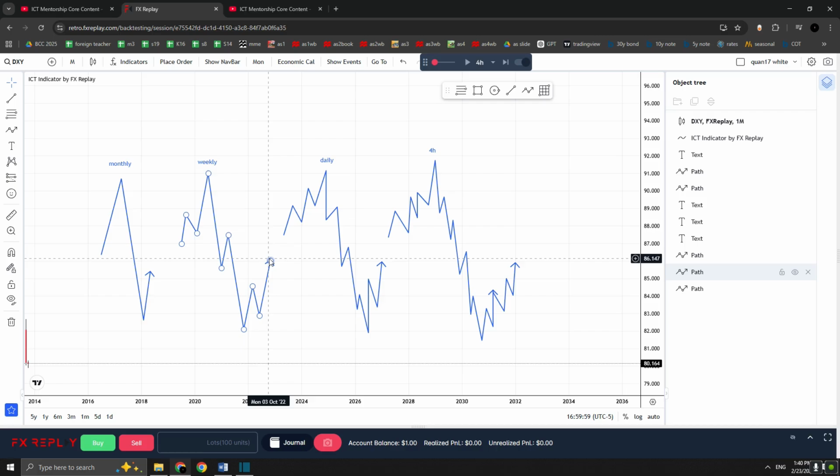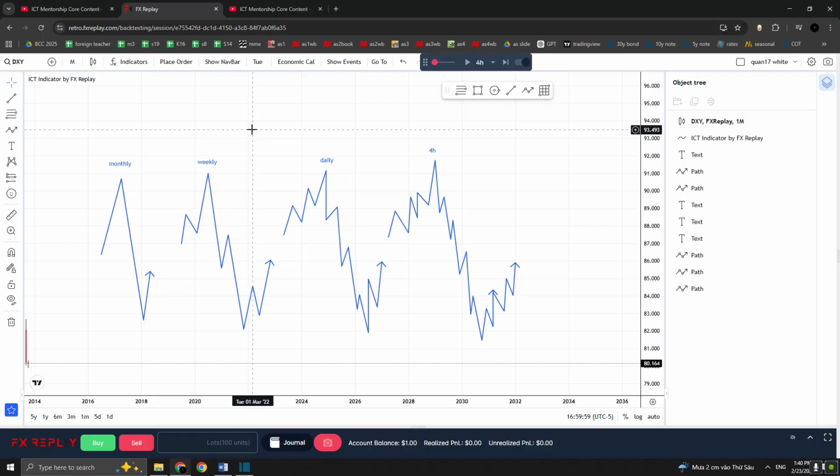Short term we'll cover later, but for swing trading and position trading, we don't want to buy here anymore because price will fall from the daily. If it's easy to fall on the daily chart, then it's also easy to fall on the 4-hour chart or any time frame lesser than that. So if we're here, price will likely retrace back because of the PD array matrix concept. If we're in the premium, price will want to